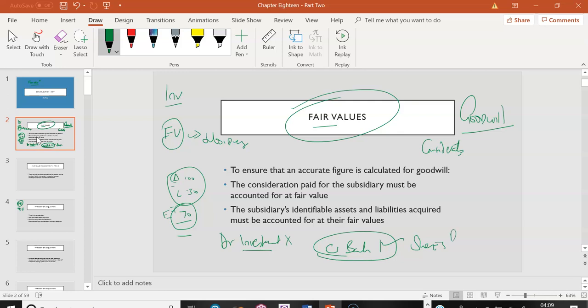Either we could do that, deferred shares, or even deferred finance, or even deferred money. So all you have to do is read the question to see which one it is. You could do a combination, but it must be at fair value,